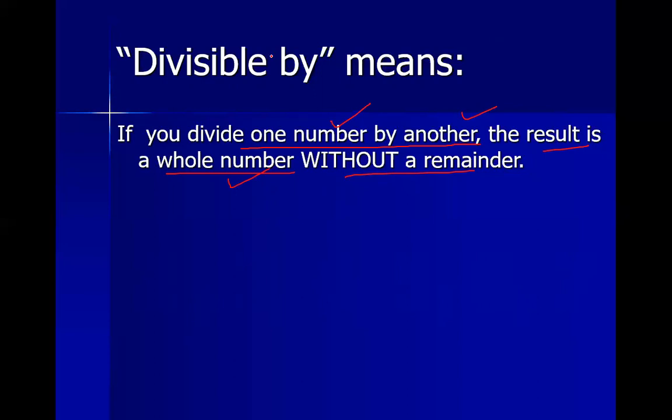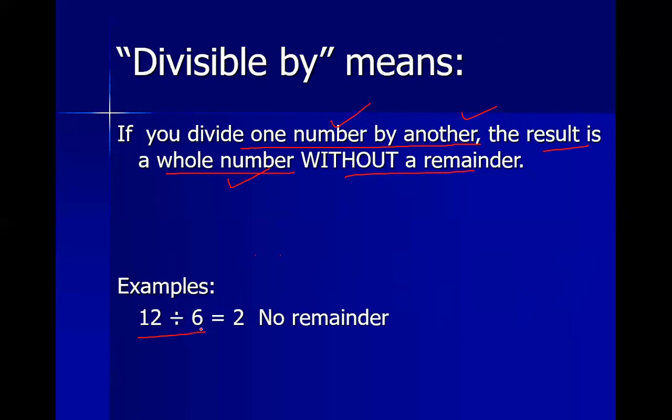So what does divisibility stand for? Suppose that we are dividing 12 by 6. The first thing that comes to our mind is to divide 12 by 6 like this. 6 twos are 12. Then we come to know that when it leaves a remainder of 0, it is exactly divisible, and your answer is 2. That's why the number is divisible.